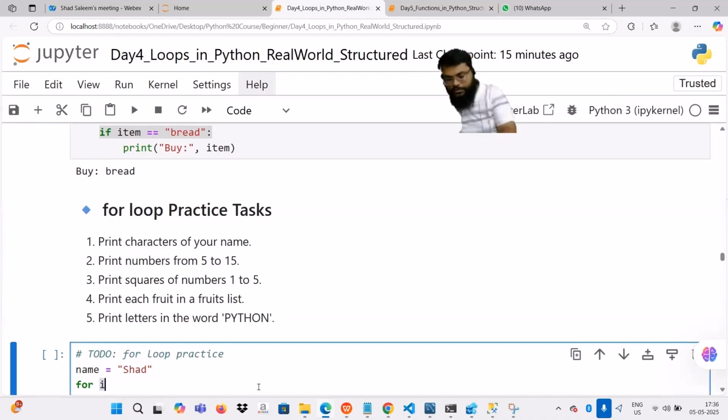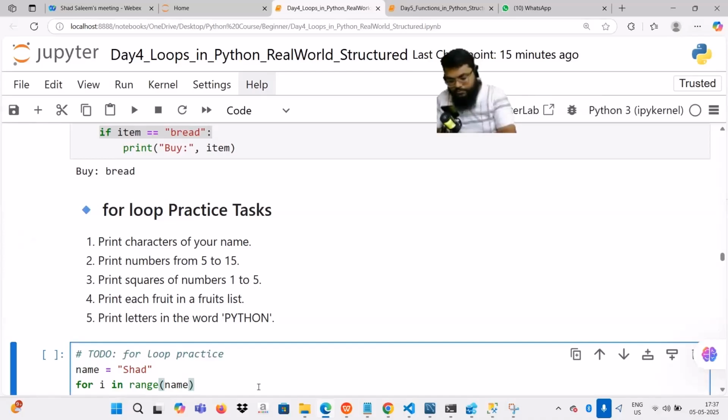So this value after I, you can give any name. So this is just a variable. It's a placeholder. You can give anything. You can give I, you can give name, anything. For I in. Do you remember where did we learn in? We learned in operators. Remember that, right? So we saw it in operators. In range. So this is the range function. So in range, we'll say